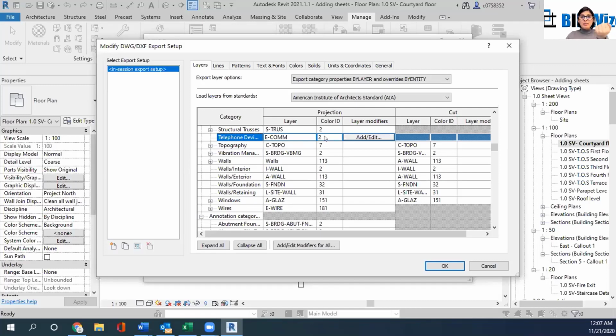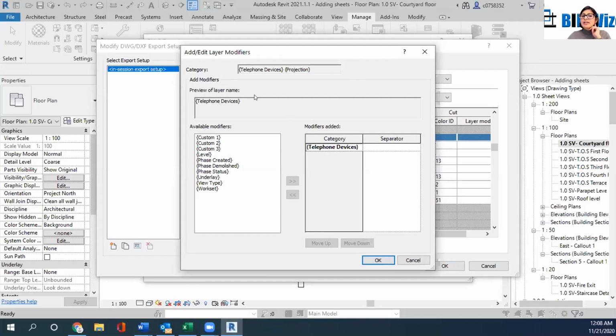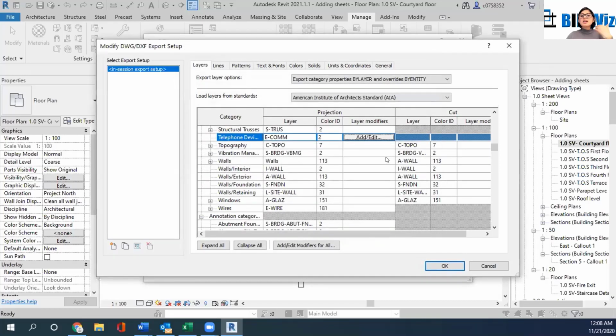So let's say, maybe number 2 might be orange or 113 might be red, so that you will have to go and check what level it is. What are level modifiers? Basically you can add that your telephone devices would be named as this. This is a little more advanced, and we will not go into much detail because it is a complete lesson in itself. But what you need to know right now is that you can rename your layers from here